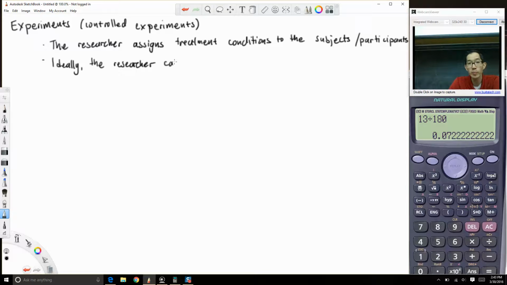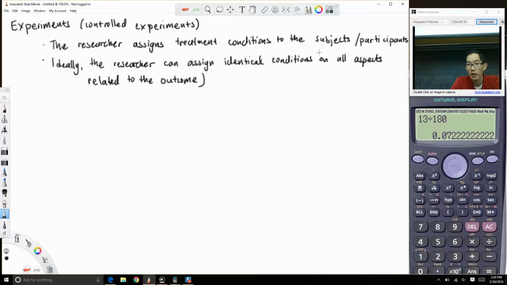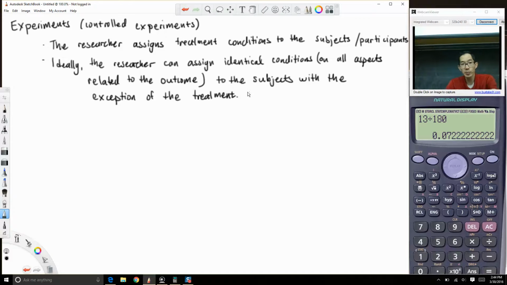The researcher can assign identical conditions on all aspects related to the outcome, to the subjects, with the exception of the treatment. So for example,